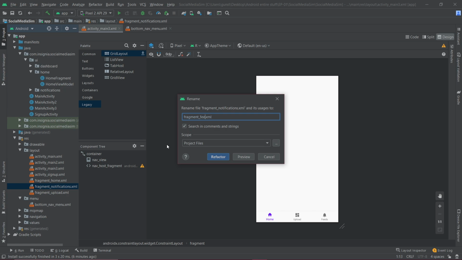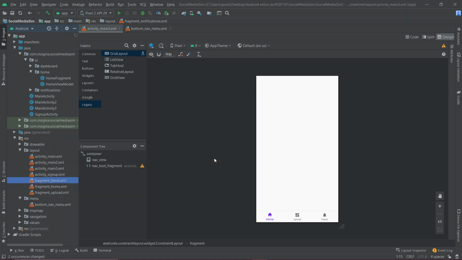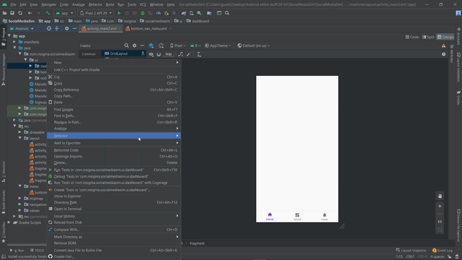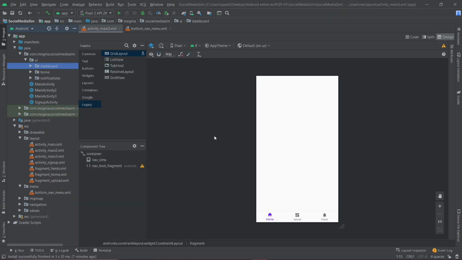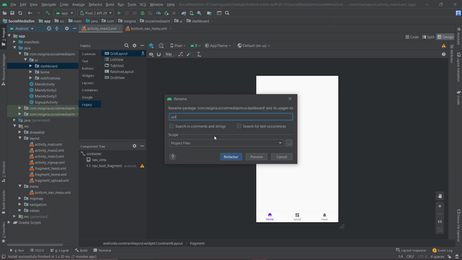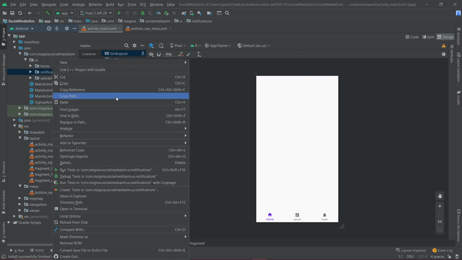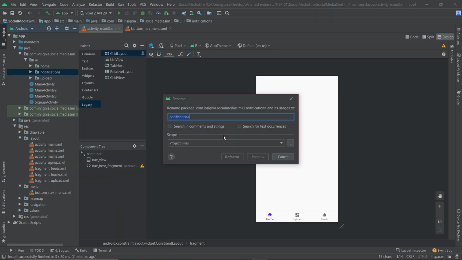I'm doing this just so that I don't get confused when I code. I'm renaming all those files, and I would have to rename all the above files too. My dashboard is my new upload, so I'm going to rename it as upload, and my notification is going to be my feeds, so I'm going to rename it as feeds.